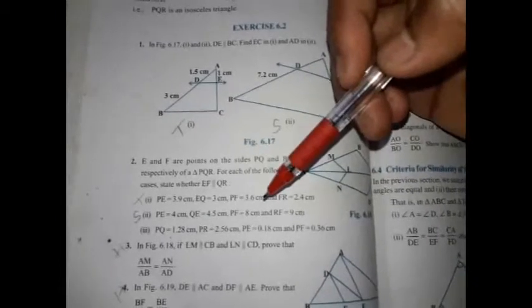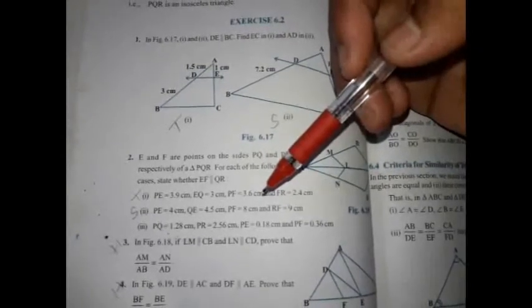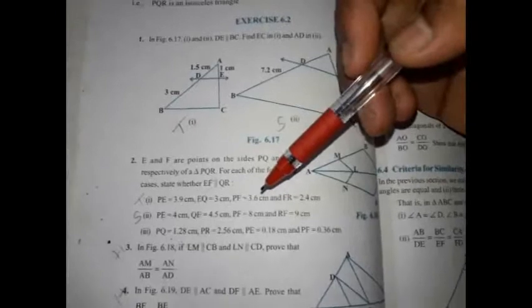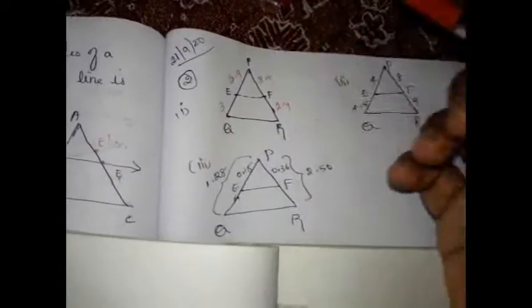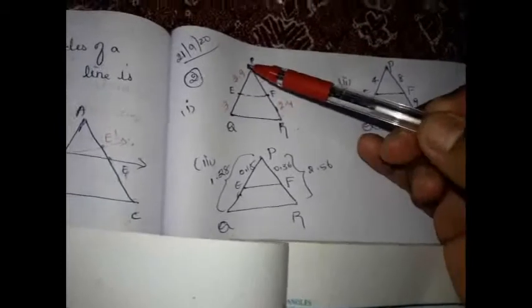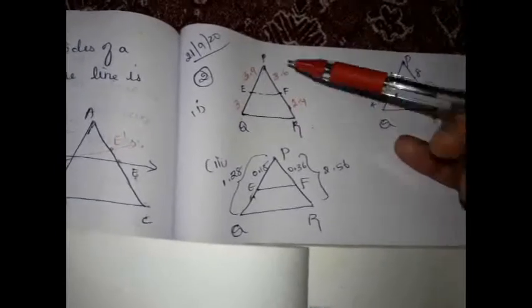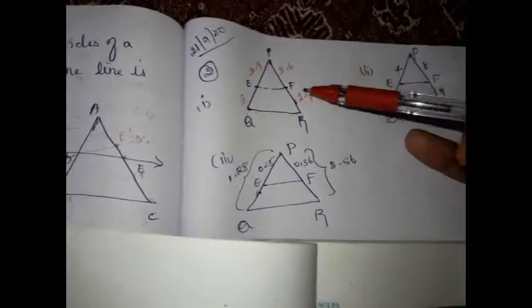So immediately, which theorem should we use? Converse of BPT. So they have given you the values. We are going to check whether the sides are in proportion. If they are in proportion, we will say the line is parallel to the third side, or else EF is not parallel to QR. Right, so if you take the first question, they have given you the measurements. EF is parallel to QR, and we have to prove it. So just find the ratio of PE by EQ and check the ratio of PF by FR. If both are equal, then we will say EF is parallel to QR. Right, same way the second subdivision.